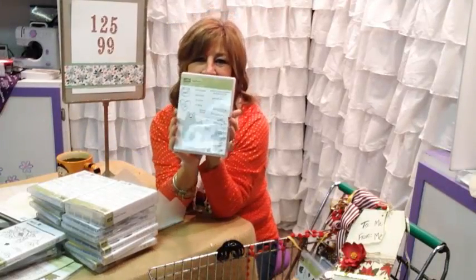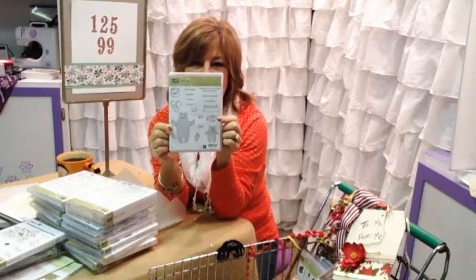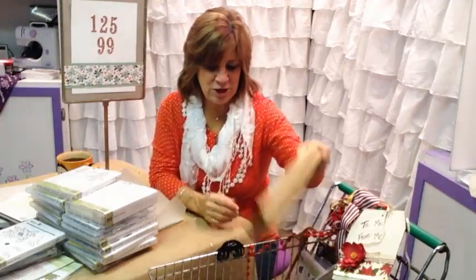Look at these sweet little bears. I actually bought chocolate tonight that are little Christmas bears to make treats for the class that I'm doing tomorrow for my team. My team is coming to make samples and to put ink on all of these fun new